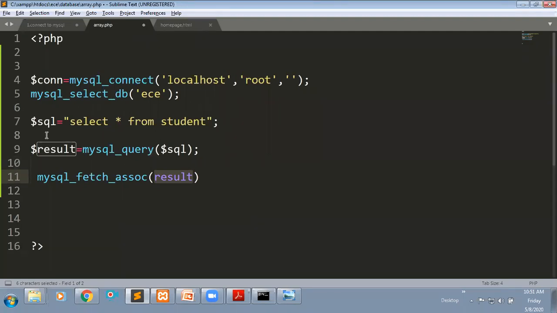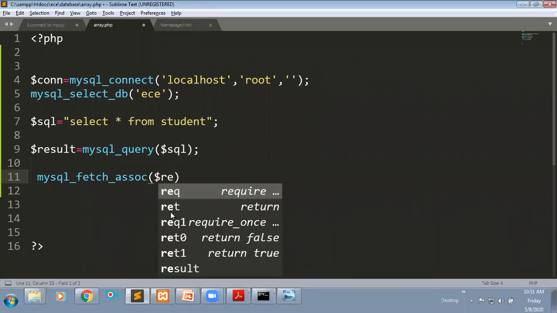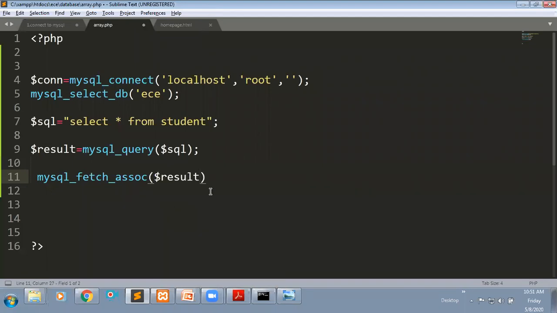The total data is available within this variable, and that variable you need to pass here. What this function will do is retrieve one row from your table.